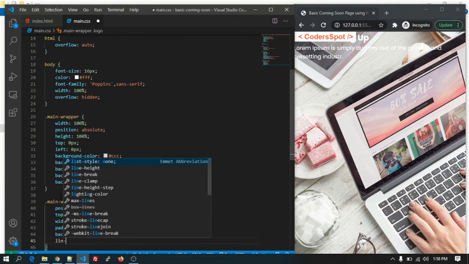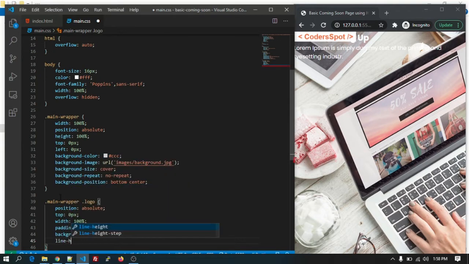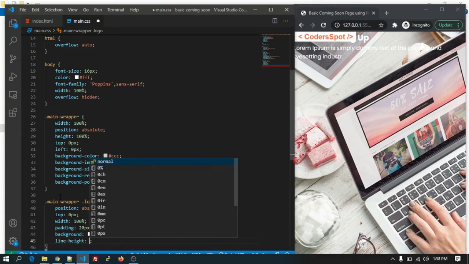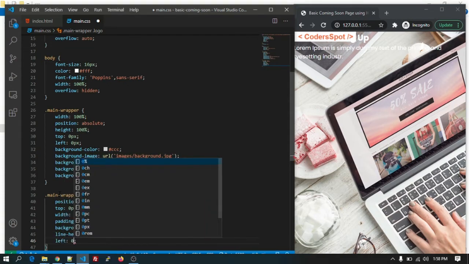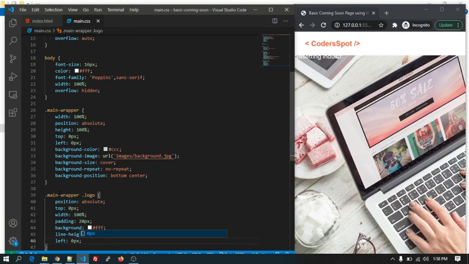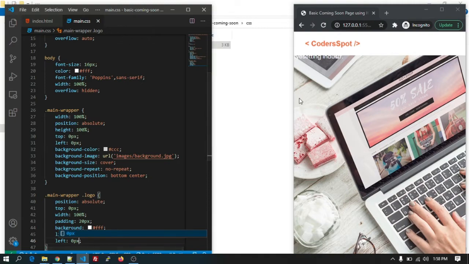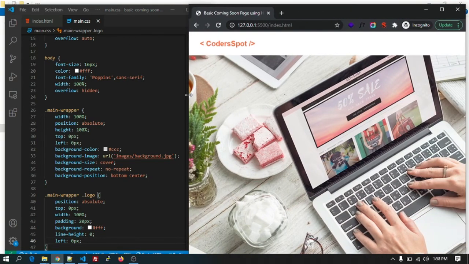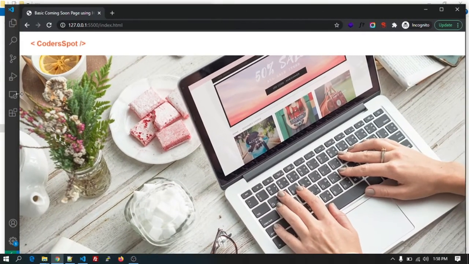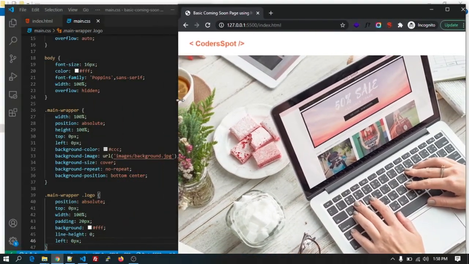And line height will be 0 and left 0 pixel. So we are done with the logo part as you see here. Okay,